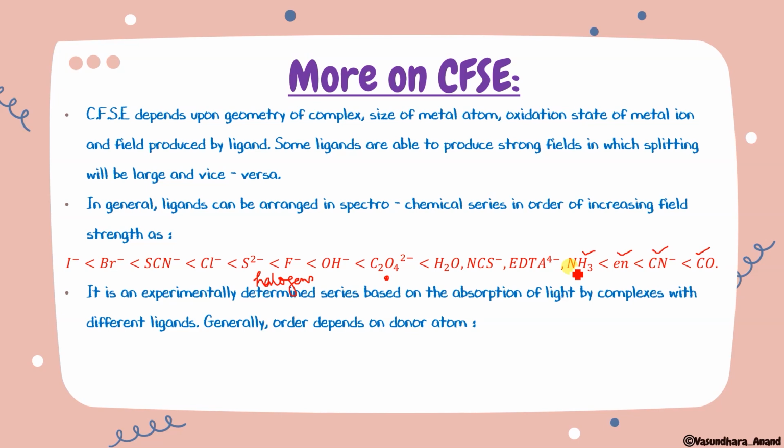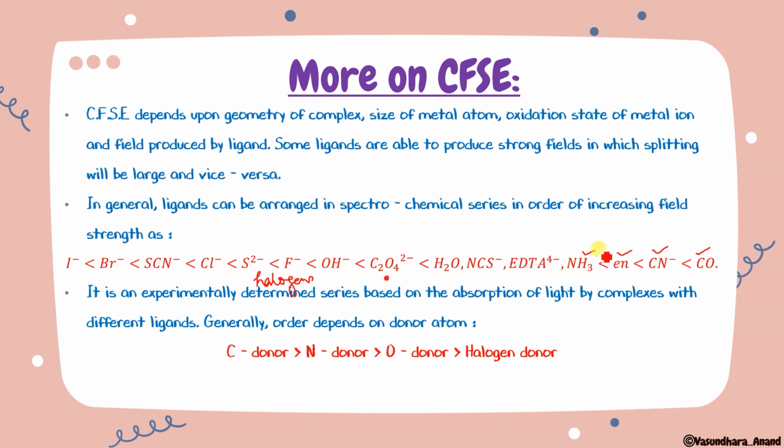Okay, done. So generally, the order depends on the donor atom. ये जो order होता है that depends upon the donor atom, and in this आपको what you have to learn is that carbon will have the highest donation power, then nitrogen, then oxygen, and then the halogen. Okay, because halogens are electronegative, that concept you will not use in this. अगर वैसे use करोगे तो FON and all that, this concept is not used.